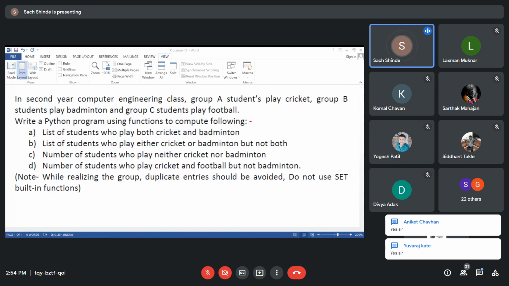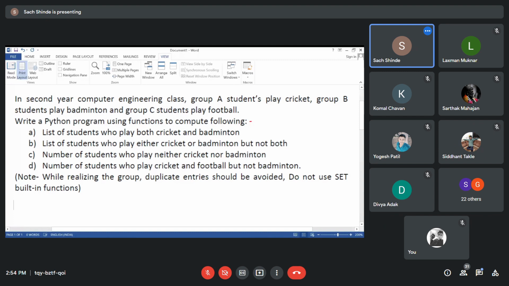Okay, so you are able to view the screen. So let us analyze the problem statement. The first problem statement is that we have to create a class for second year computer. In Python we have the class keyword, and we should give the class name as something like SECOM. So we are creating the class for SE computers over here.